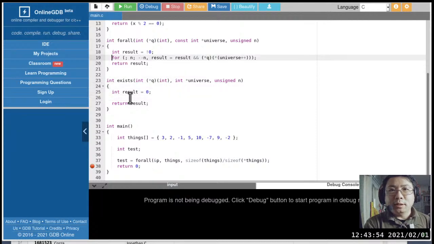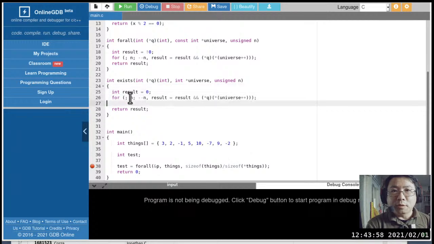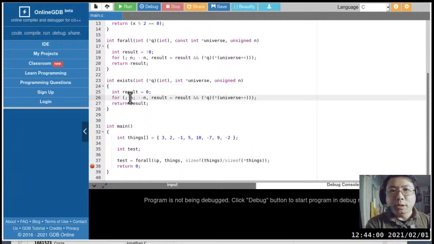And then the other thing is, I'm going to maintain, for the most part, the structure of the for loop, which is really kind of weird. But this time, I'm going to change the and to an or. So we have a logical or, and the rest is exactly the same. In other words, with exists, the default is false, and I'm looking for a reason to return a true.